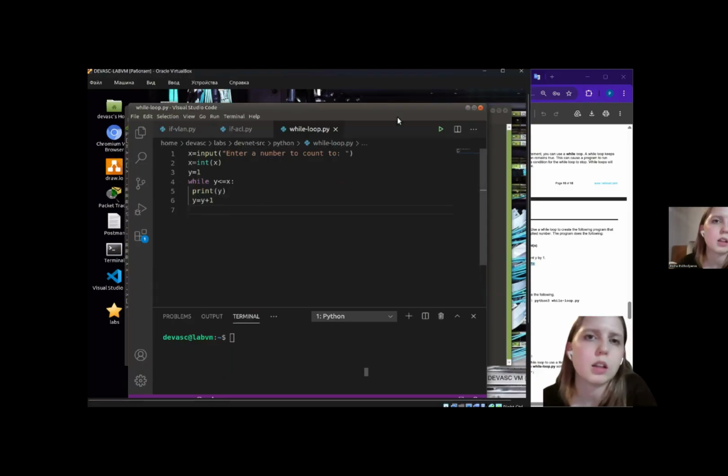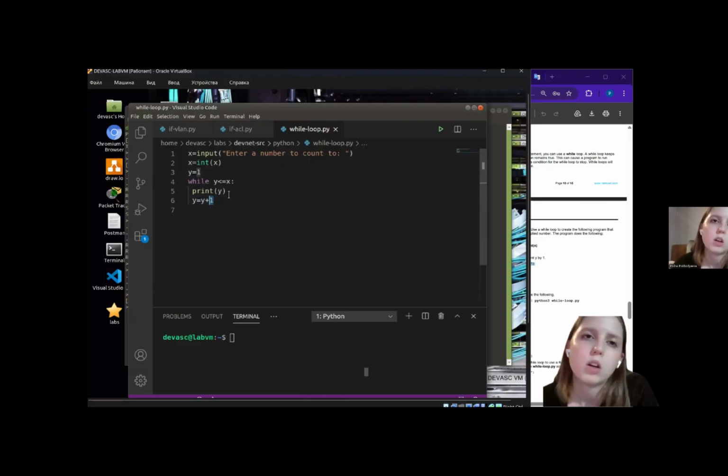X is the number to count, the number that the user will input. Okay, we have a y. Y is equal to 1. While y is less than or equal to x, we need to print it, and then we add 1